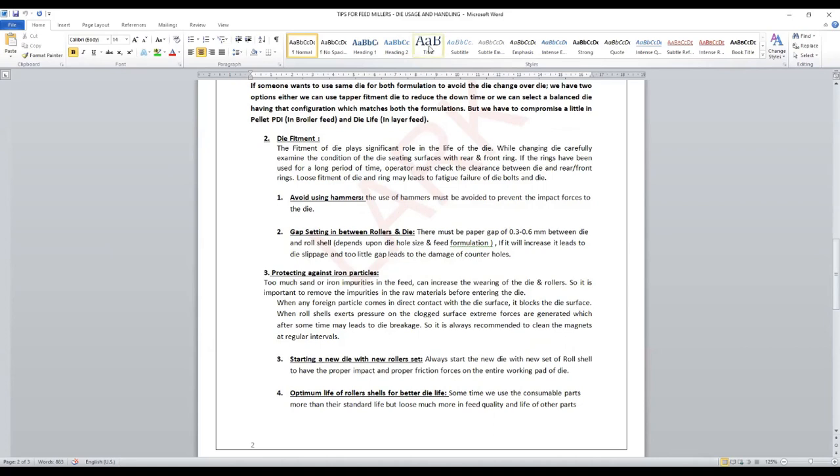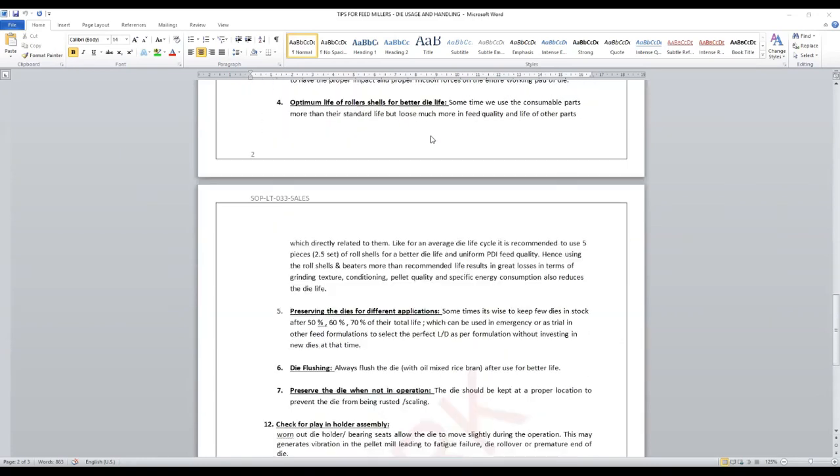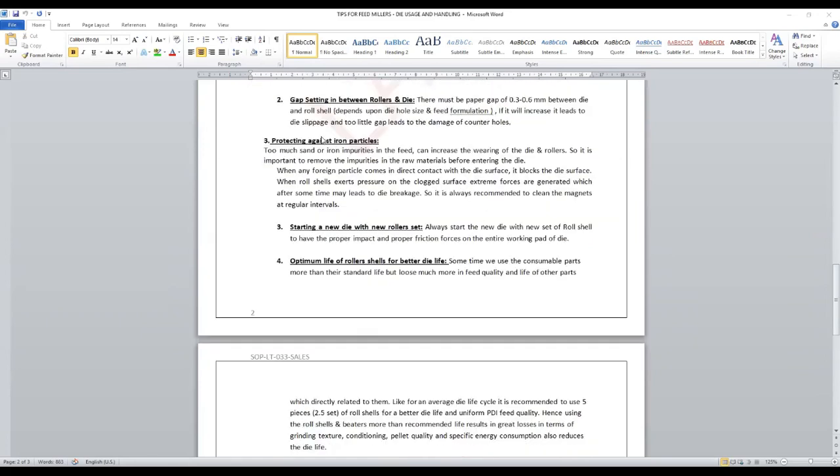जो डाई है वो बाहर से वियर होता है, तो उसको मेंटेन करने के लिए 30-40% डाई लाइफ के बाद डाई को फ्लिप कर देते हैं. So this is a document on how we can get better life from the die. डाई में जो रोल शेल्स यूज करते हैं उनको भी एक लाइफ से ज्यादा यूज करने पर डाई लाइफ डिट्रॉयट होता है. For example, here we can see